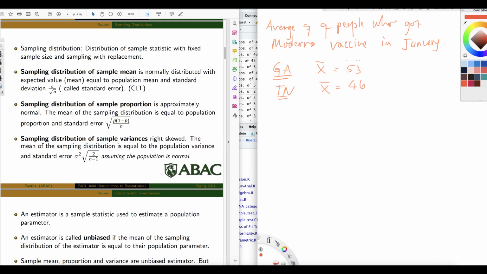Maybe the healthcare providers are getting those vaccines in January, right? Suppose that you went to another hospital in Georgia, let's say Georgia 2, and you find out X bar equals, let's say 65, and so on. So from that population. Okay, so if you continue doing that,